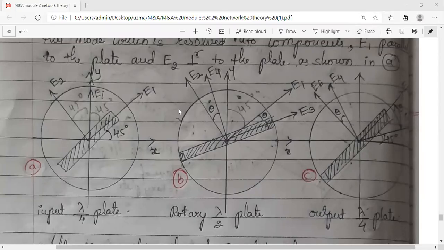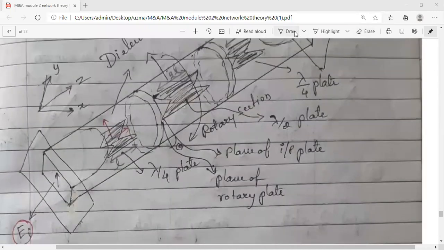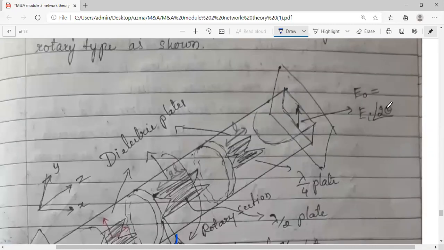In the previous session, we have already seen the constructional details of the rotary phase shifter, or precision phase shifter. And also we have started the principle of operation. Suppose theta is the angle between that circular section and the plate. You can see here there is a theta term. If this angle between your circular section and the input plate is theta, how, at the output port, does the phase get doubled?